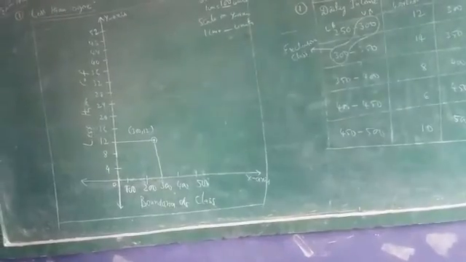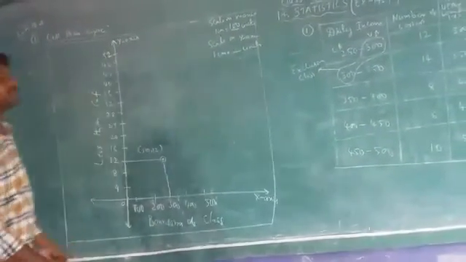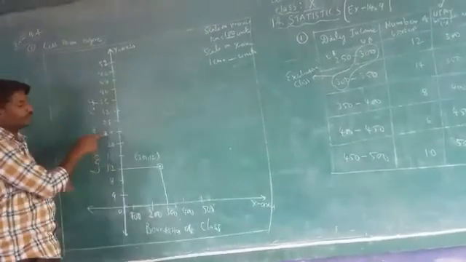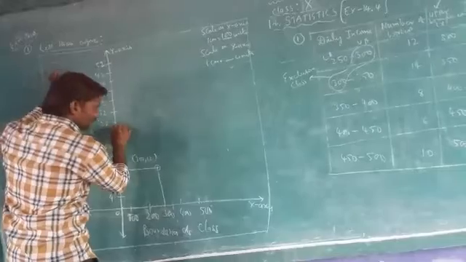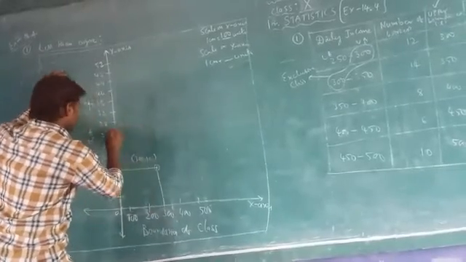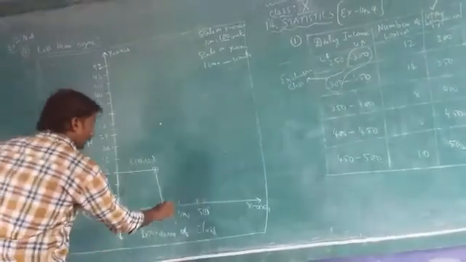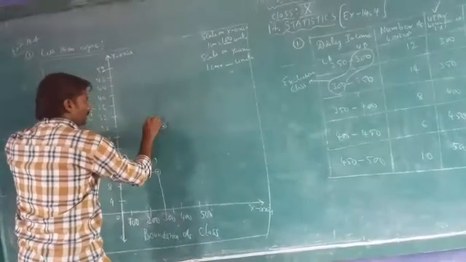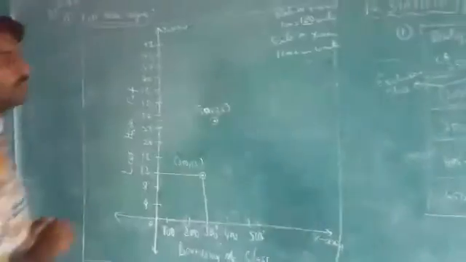Similarly, 350. In the middle, where was this one? This is 350. So 350, 26. 26 is not available here. 24 is here, 28 is here. So we take the middle. Start from here. Not drawing the line, children. We estimate it this way. So this is nothing but 350, 26. Like this you have to plot the points.